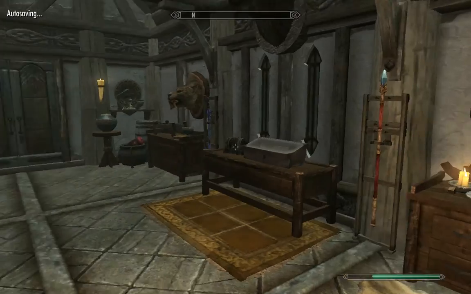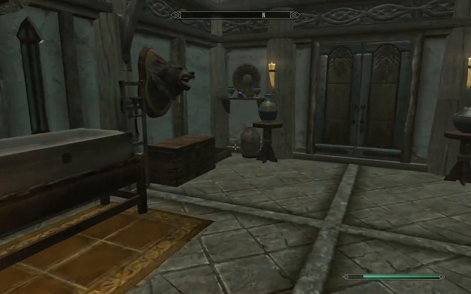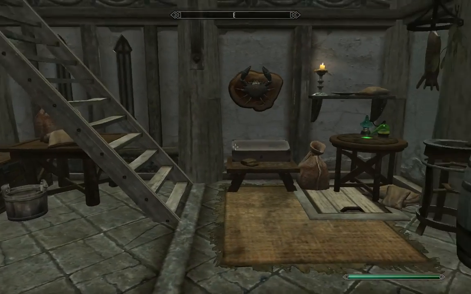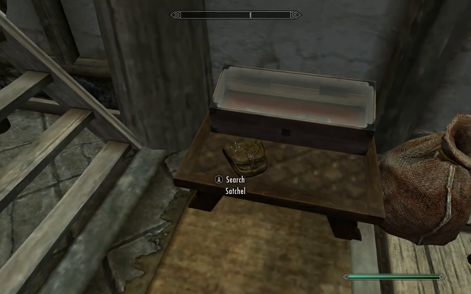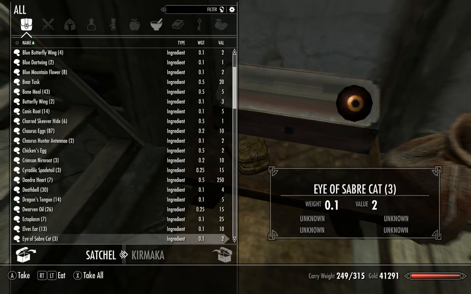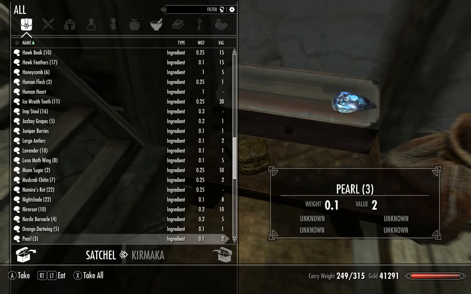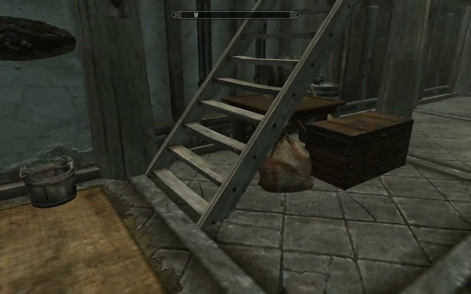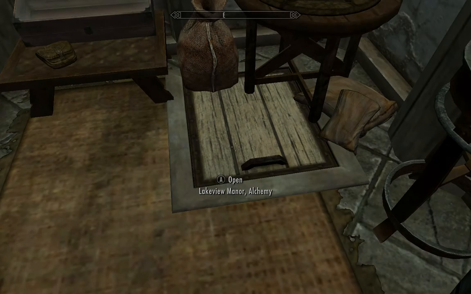Okay, so first we got the entryway. Yeah, very familiar with that. All the stuff keeps respawning, so that's super annoying. Then over here we got my ingredients. It's got like most of the things. One day I will have all of the things. Anyway. Oh, sorry. But right underneath the alchemy table